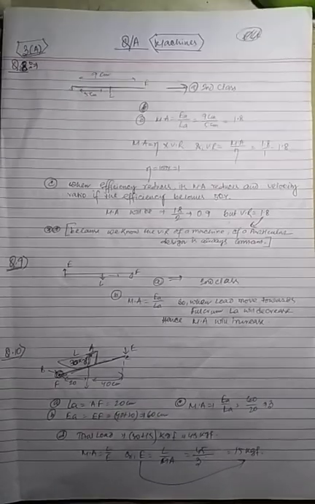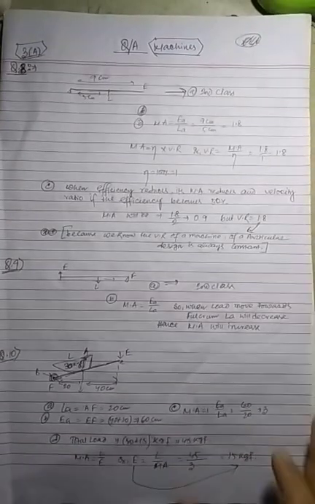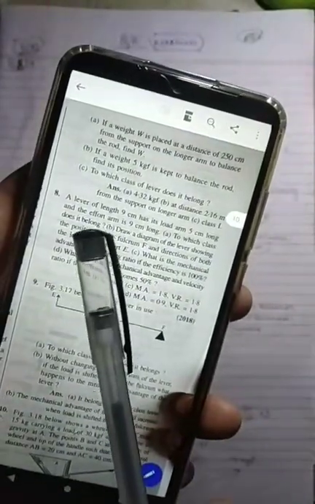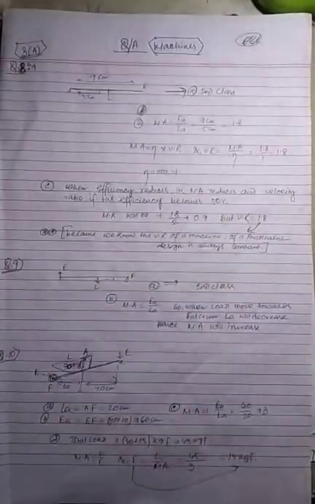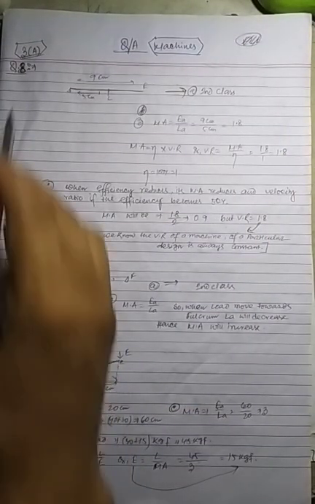So students, I bring this lecture to help you understand the numericals properly. I have provided everything in the answer sheet, but I think I still need to give some explanation for your better understanding. First, you see this question. In your book, on page number 59, you can find question number 8.